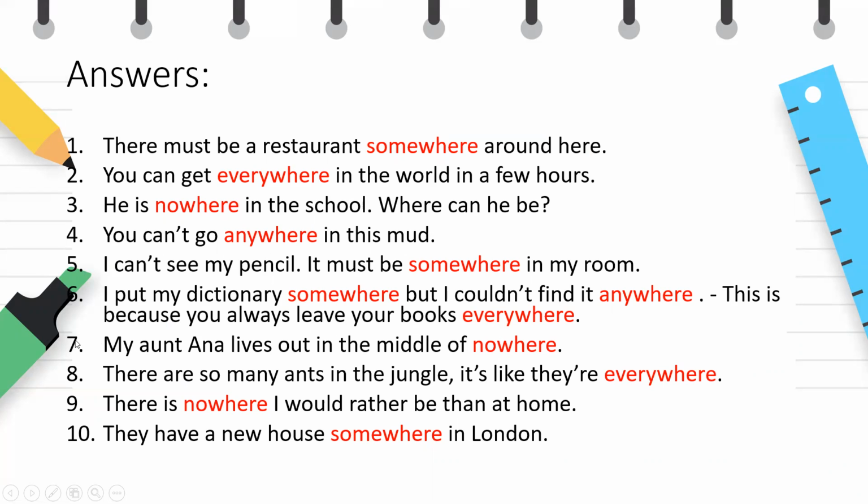Number 7, my Aunt Anna lives out in the middle of nowhere. Number 8, there are so many ants in the jungle, it's like they're everywhere. Number 9, there is nowhere I would rather be than at home. And number 10, they have a new house